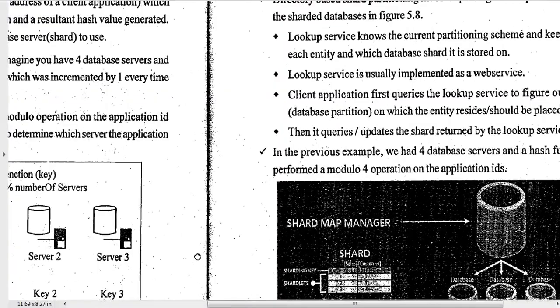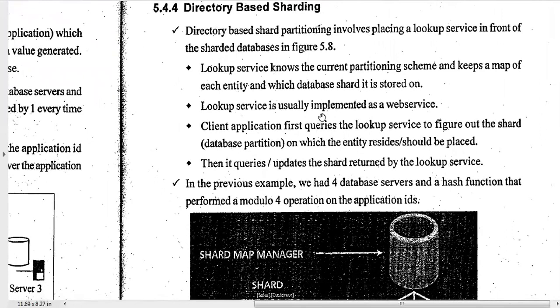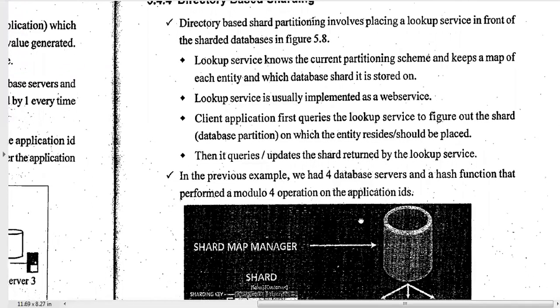Next, we have one more type of sharding, that is directory-based sharding. In directory-based sharding, instead of using a key value or any other sharding mechanism, we have a directory type of structure where we store the sharding information, and we look up the partitioning details in the directory before sharding. Directory-based sharding involves placing a lookup service in front of the sharded databases.